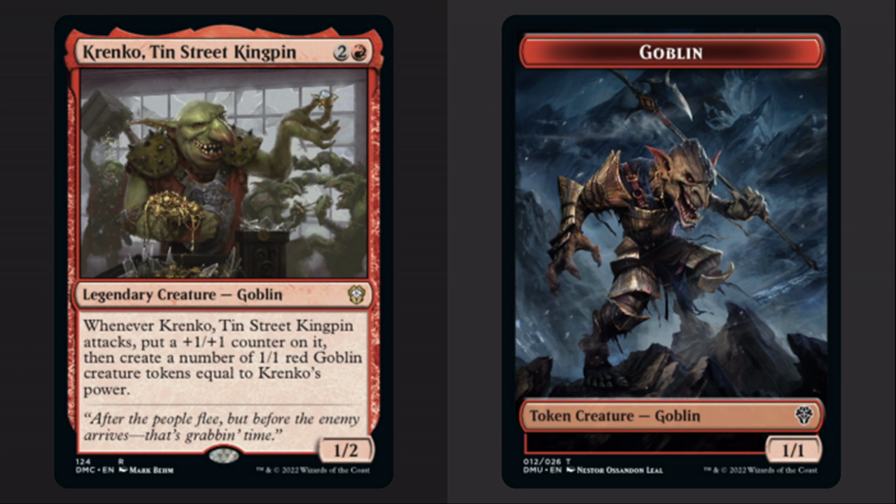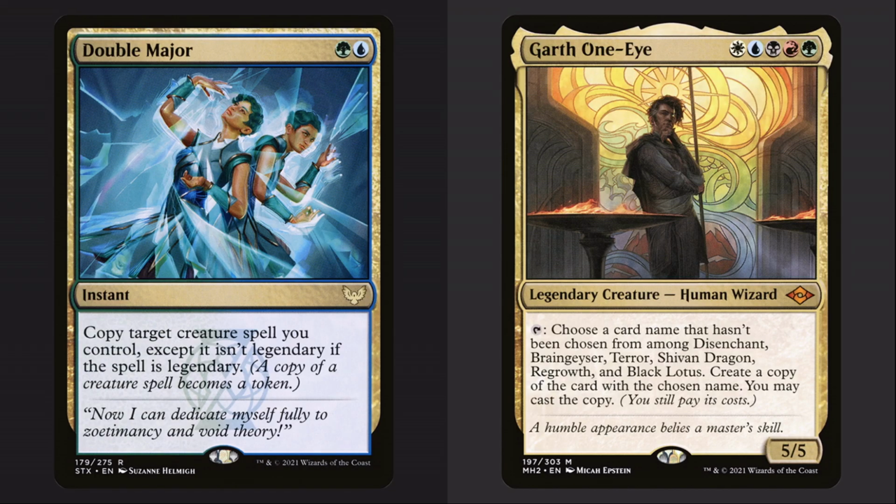Because of this, tokens will still trigger any effects relating to being moved right before they stop existing. A copy of a permanent spell resolves by becoming a token copy of the permanent the copied spell would become when entering the battlefield. At the time of recording, there is only one card, Garth One-Eye, that creates copies of